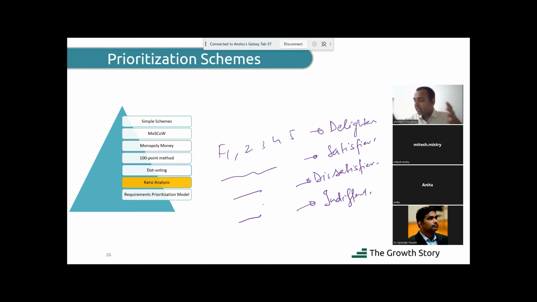You can plan the releases. You can pick and choose the features and put a delighter feature in every release, so that in every release the customer says, wow, maja aa gaya. You will not put all the delighters in the first release, because if you do that,